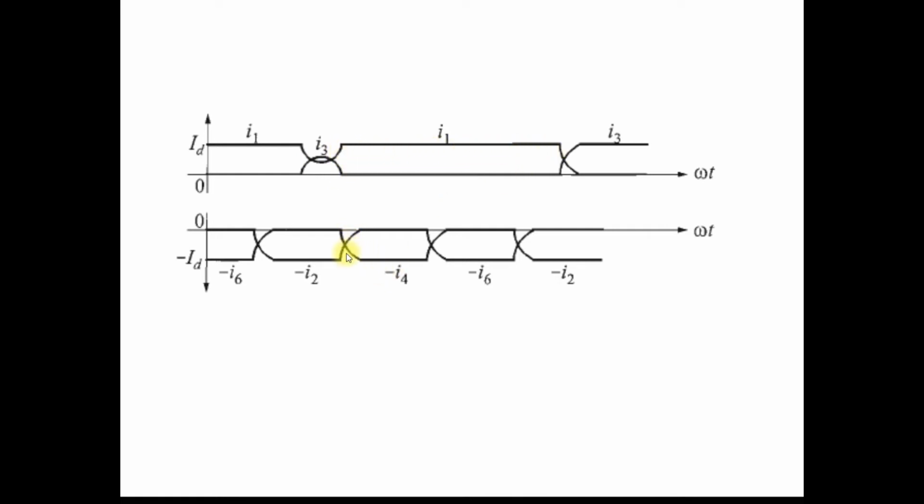Here valve 4 is conducting. So during the period when valves 1 and 4 both are conducting, at that time your supply is short circuited, and that can possibly damage the transformer if you do not provide proper insulation to the converter transformer, or sometimes it can damage the valves. So these two are the abnormal conditions that happen.